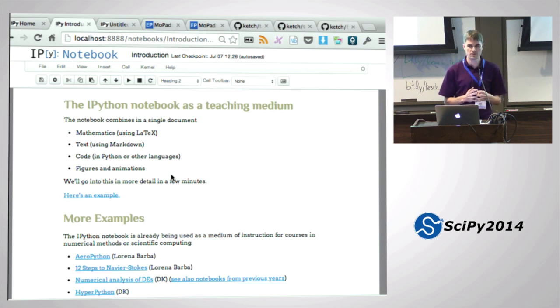So, for instance, if you're teaching students how to solve time-dependent PDEs, in a textbook they would maybe just see a snapshot of the solution at some time. But in a notebook, you could have an animation of the solution, and we'll see examples of that. And to me, that's just a quantum leap in the kind of understanding that it facilitates. It's so much more powerful to see something that is time-dependent actually changing in time than to see just a snapshot of it.